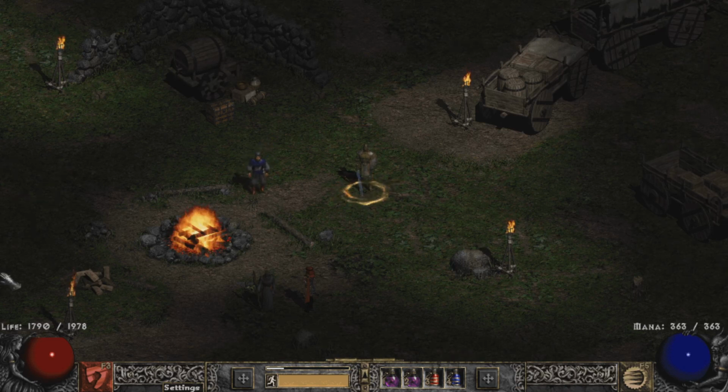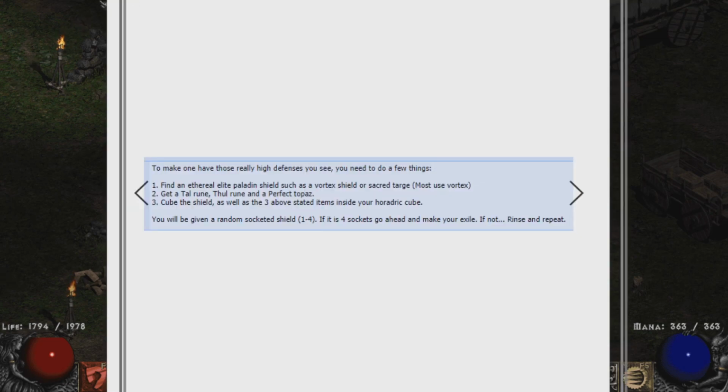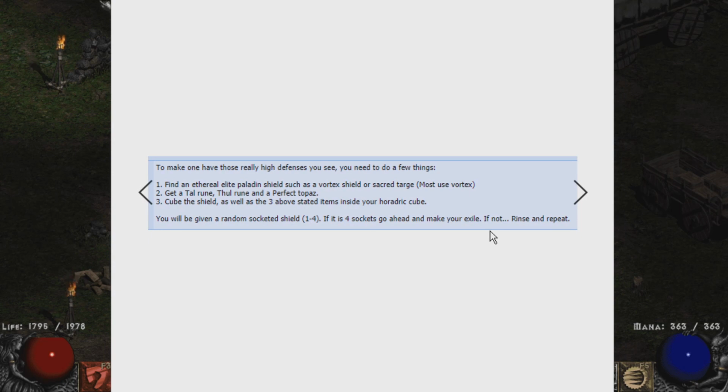Also the question: are we able to do the bugged version of the shield or not? I didn't check, I thought we were not able to do it at all, but this is the tip for how we did it in vanilla. To make one of those really high defense, you need to do a few things. This is from a forum, somebody was asking how to do the bugged version of the shield. So find an ethereal allied paladin shield such as vortex shield or the secret charge. Most use a vortex, get a tal rune, whole rune, and perfect topaz,